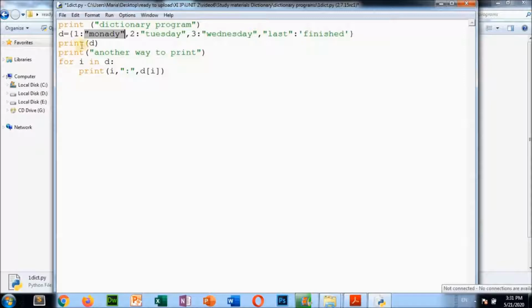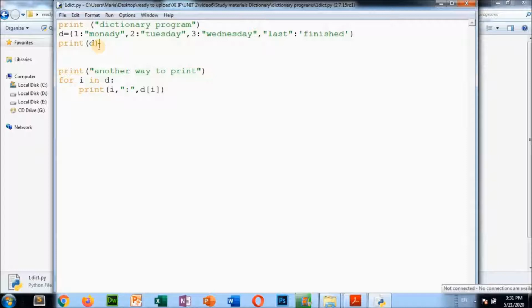If you print this dictionary, these values will come in a default order. You cannot say that Monday will come first, then Tuesday will come second. Dictionary will take its default order, so it will display the values of the dictionary in its own order. Now if you print this D, it will display these records for the first output. We have discussed up to this line, not this one yet. Now see, run this program, press F5.